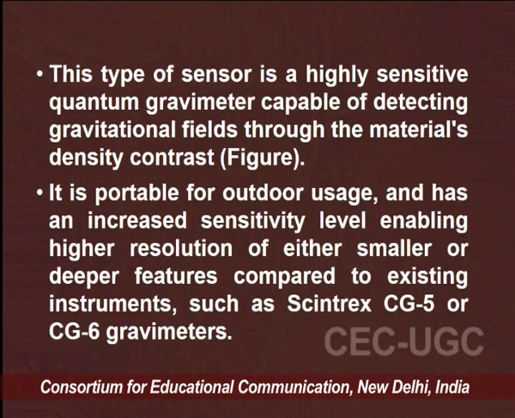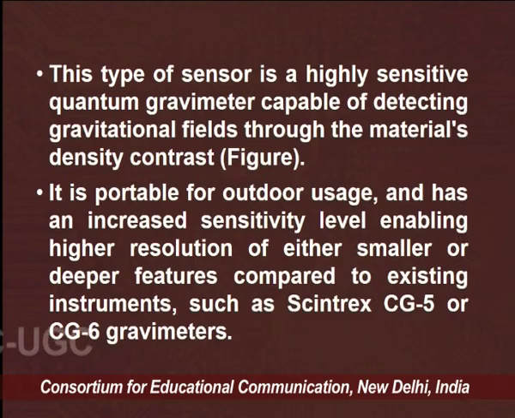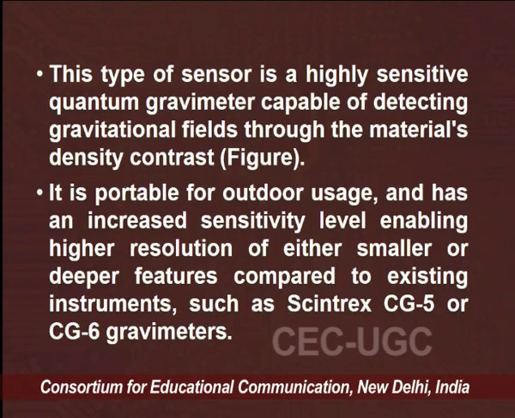So by using this we can measure various gravitational fields. It is portable for outdoor use and has an increased sensitivity level that enables high resolution of smaller or deeper features compared to existing instruments such as the CG5 as well as